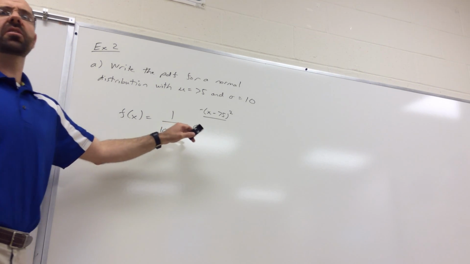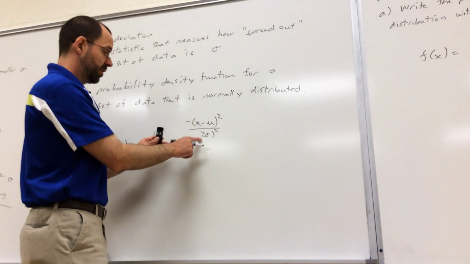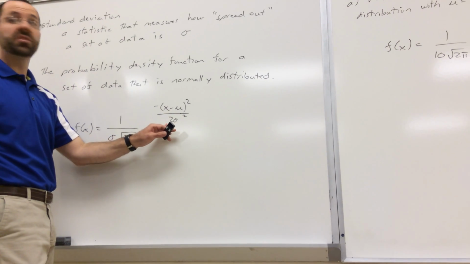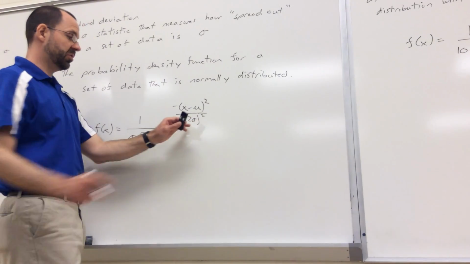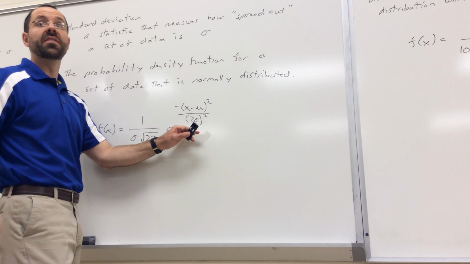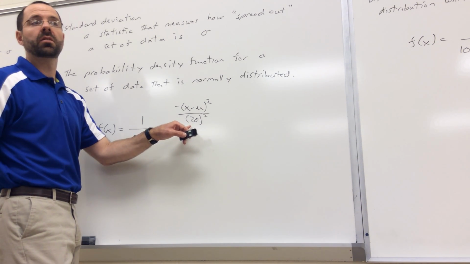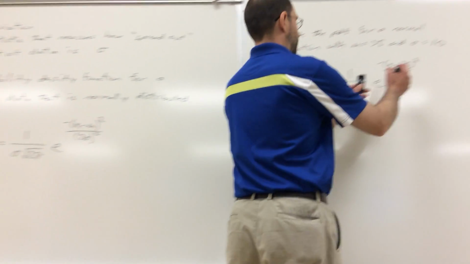And then in the denominator, just be careful. There are parentheses. If there weren't parentheses, it would mean 10 squared and then times 2, right? But since there are parentheses, it means 2 times 10 and then squared. So 2 times 10 is 20, and 20 squared is 400. So I'm just going to go ahead and put 400 in that denominator.